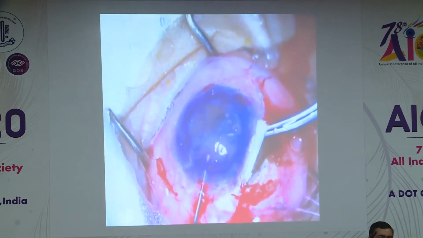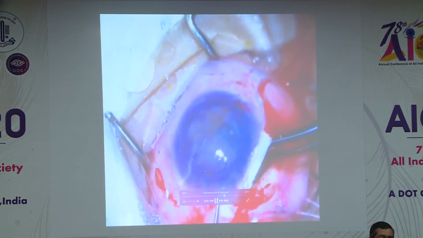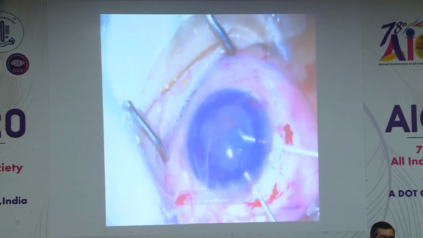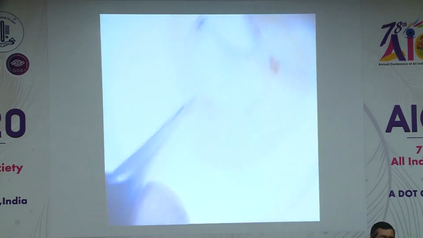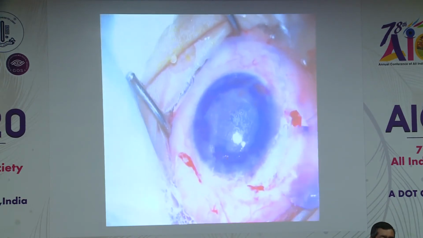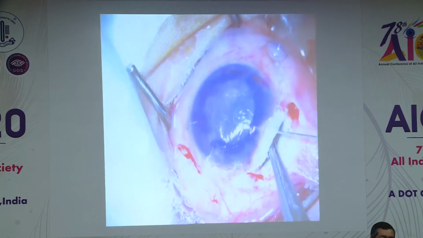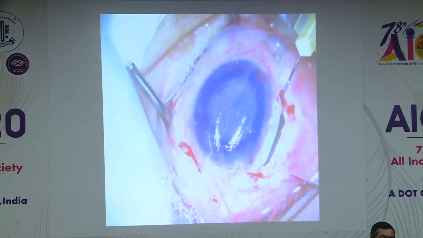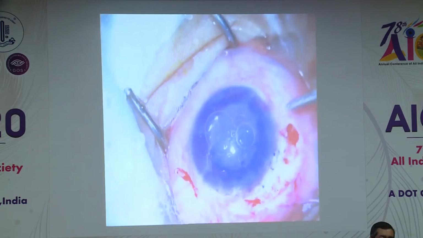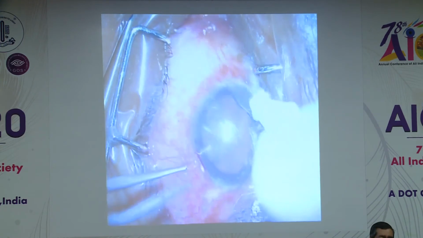The visibility was a major issue and there was hypotony, and after I was very sure that the IOL was in its place, I pushed the iris back and then I put the lenticule and I closed it. Then I put a Healon over the glide, removed my superior stroma, and then put the lenticule and gently removed the glide. Superiorly the pupil was slightly deformed because it had some synechia, and I left it like that. I'll show you the post-ops.